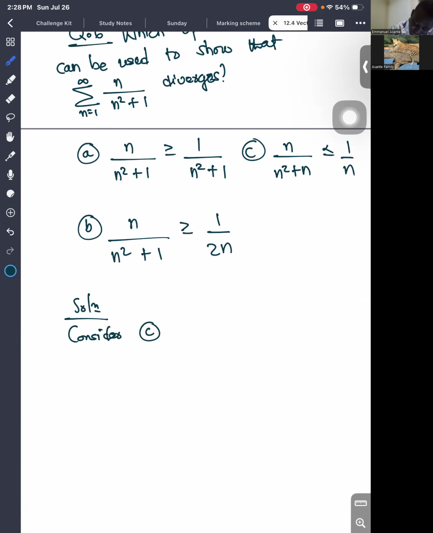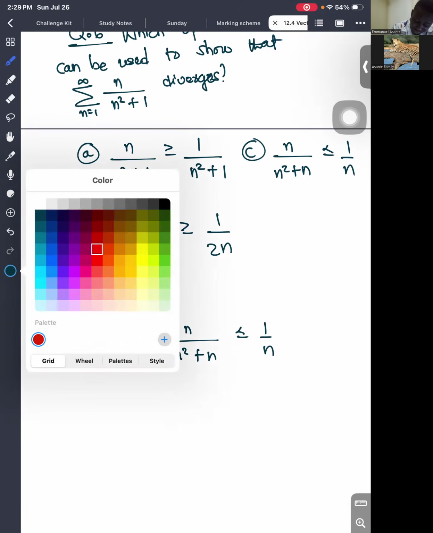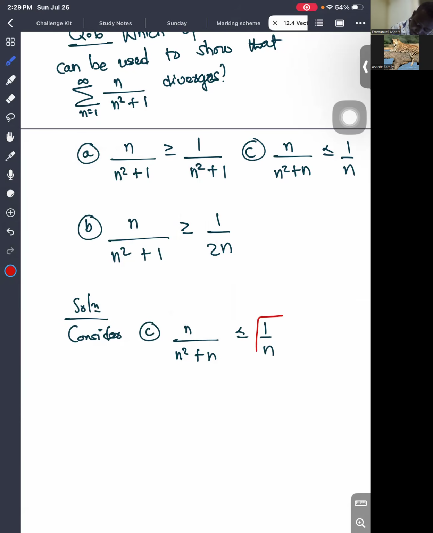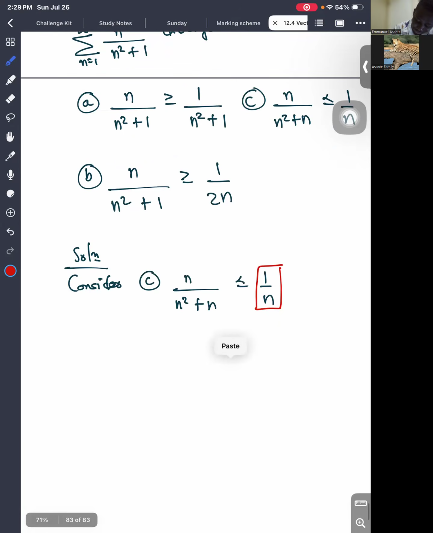Consider C. Well, C says that n over n squared plus n is less than or equal to 1 over n. We just met this series, which corresponds to this sequence, which is the harmonic series. So since this series diverges,